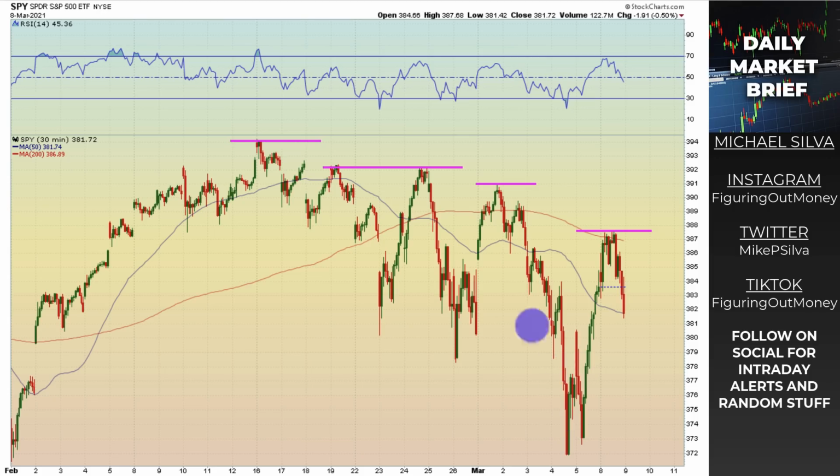But what I want to call out is to notice the stair steps down. This is trending lower and lower, so this won't change until we start breaking past one of these previous highs. As you can see, a high here, lower high, lower high, lower high. We have lower lows and lower lows in place. So right now the trend is down from this high from February 16th. So it's going to take a lot to reverse this trend. It's still possible, but we've got to